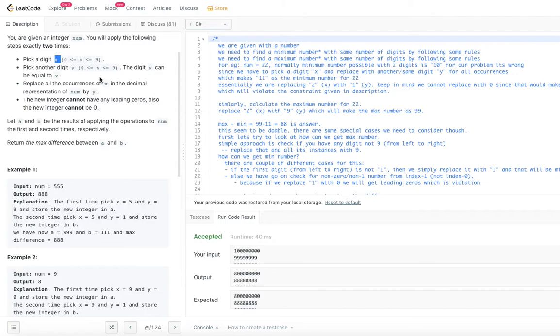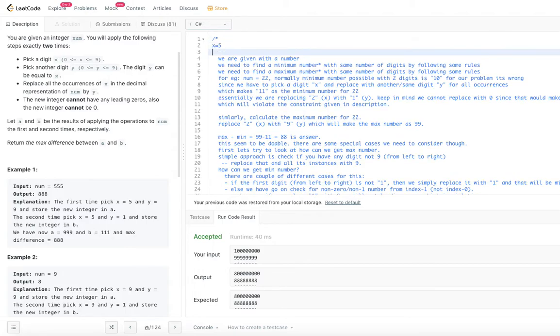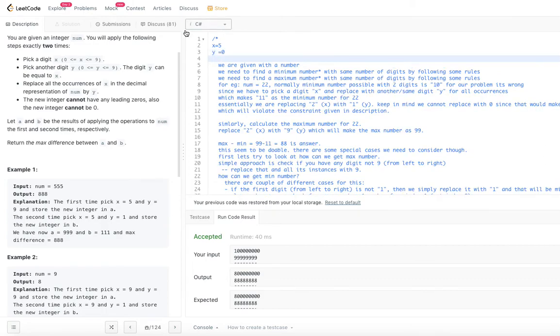Let's say y is equal to 0. What happens if y is equal to 0? You picked x equal to 5 and y equal to 0. The next step is replace all occurrences of x in the decimal representation of num by y. The number is 555, so if you replace all 5s with zeros, it will become 000. But the last constraint says the new integer cannot have leading zeros.